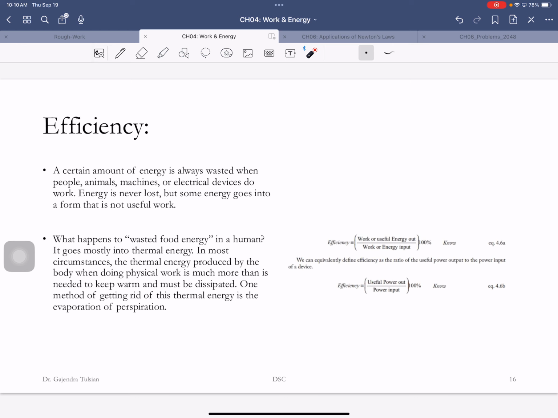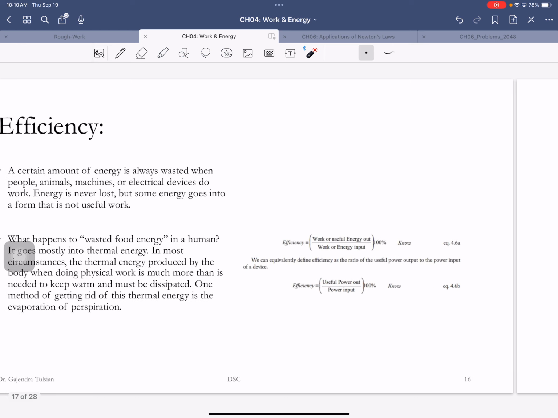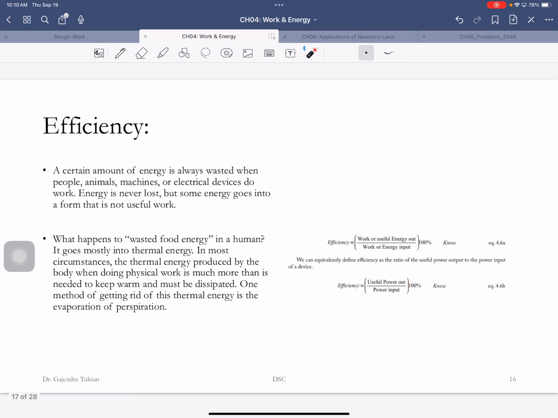All right, now we'll talk about efficiency. Let's say I lift this object up and I did 100 joules of work. In my body, just like in your car, which was 20% efficient, our body is roughly about 20% efficient, depending on what you do. If you cycle, you're 20% efficient. So for 100 joules of energy spent, you only got 20 joules of what you were intending to do.